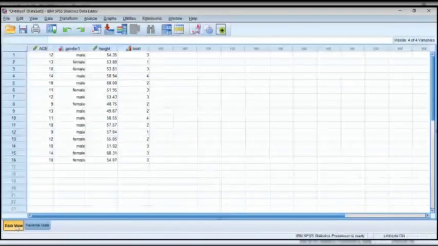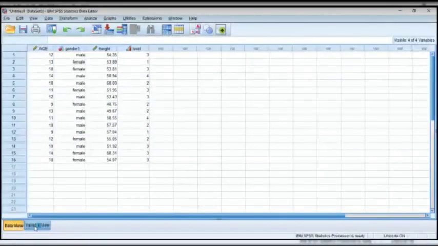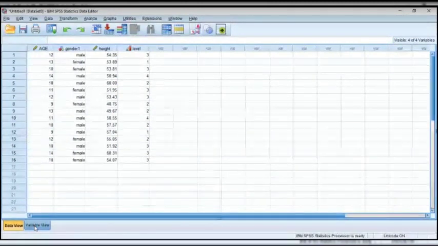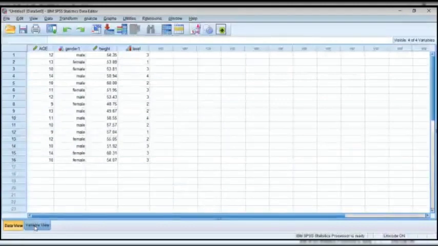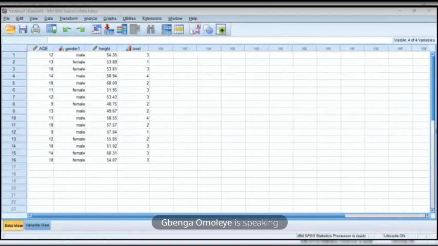If we are able to define it properly, then we won't have problem with the analysis. Are we on the same page, everybody? Yes. All right. Thank you very much.